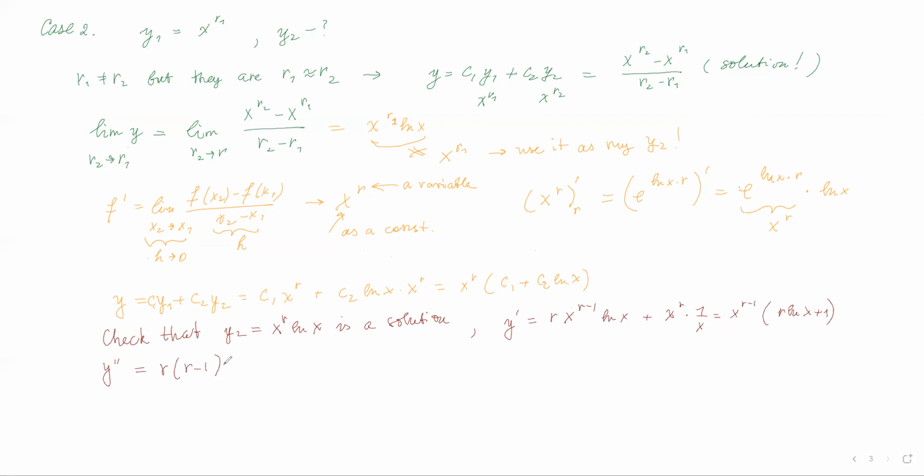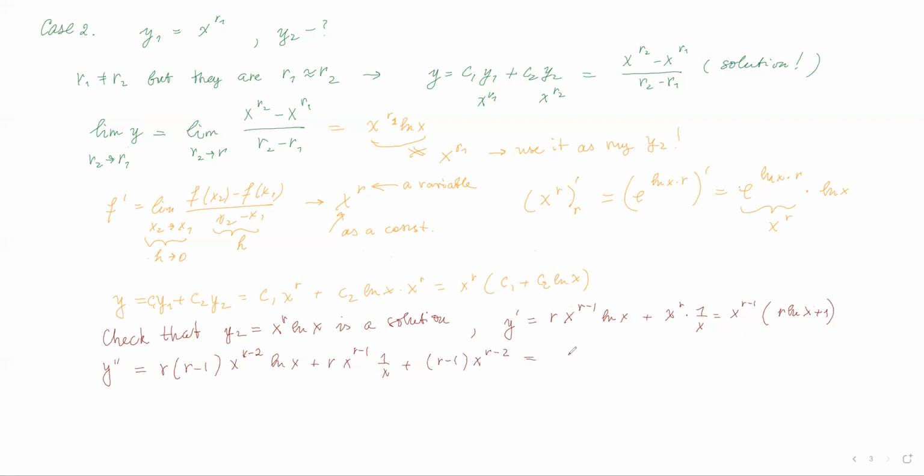So I'm differentiating the first expression again. It's a product, so it's going to give me two terms: r minus 2 ln of x plus r x to the power of r minus 1 over x, the derivative of ln, right? Plus r minus 1 x to the power of r minus 2, the differentiation of the second term, which is just a term. Maybe we can just use it as it is, not simplify it. But you see that all powers of x here are r minus 2, and this one is going to be r minus 2 when you divide by this x. So good to see, right?